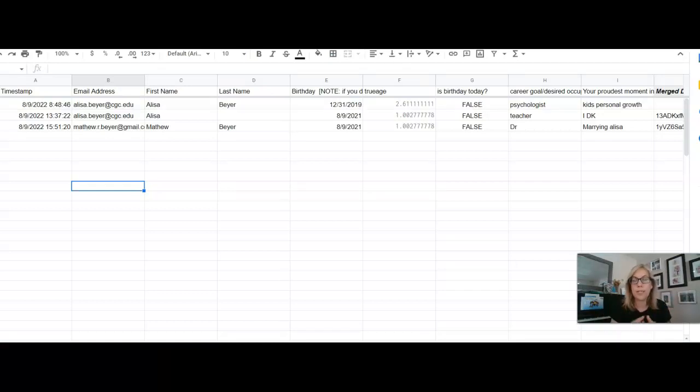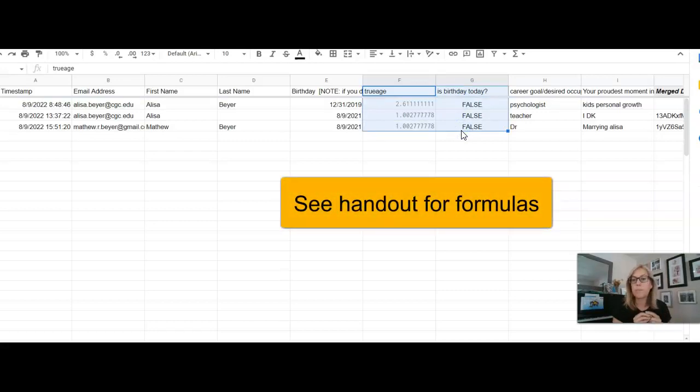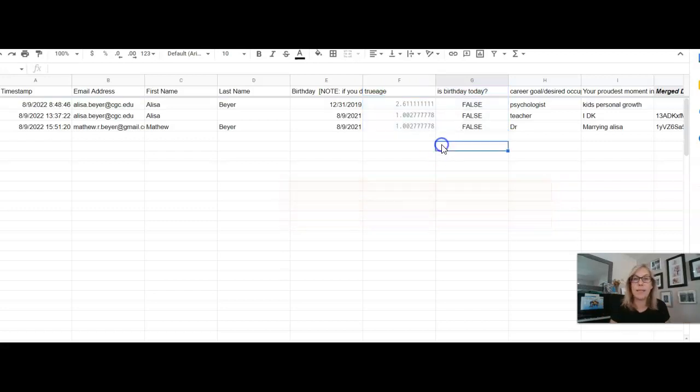When you open your spreadsheet, the columns that you're not going to see that you're going to create are these two right here. In these two, I have copied and pasted formulas from the original poster. This is something that you would add in. You're going to be cutting and pasting these formulas here, and once I've done it once, I dragged and dropped. The birthday today column is important because that helps automate